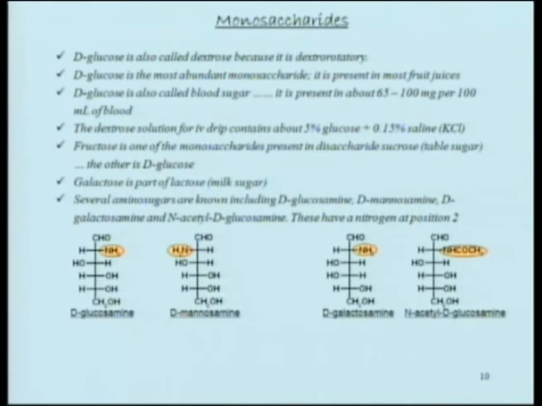Anything above 120 milligrams a deciliter is bordering on diabetes. Okay, dextrose is basically glucose and saline. Galactose is another important sugar, part of lactose, and we already know a lot about lactose primarily because these days more and more babies are born with lactose intolerance. In addition, we already said this 2-amino can be present. That's called glucosamine, mannosamine, and all of these are actually present in nature. We'll see all of these.